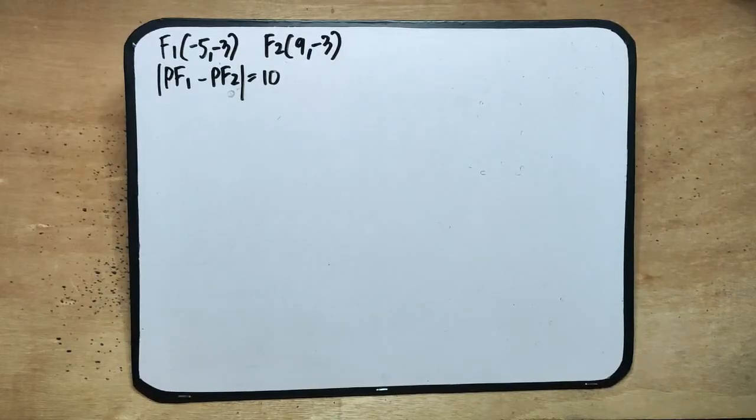So in this example, the foci of the hyperbola are given, and for any point on the hyperbola, the absolute value of the difference of its distances from the foci is 10. Find the standard equation of the hyperbola. So if we will